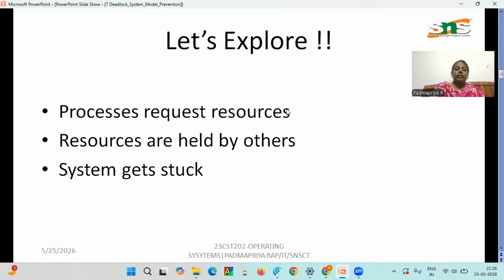So let's explore the concepts about process and resources. Process requests resources. Resources are held by others. System gets stuck. What we have taken from this is that a process can request some resources. If that particular resource is held by some other process, that process can't execute at that time. In that manner, the system gets stuck because the execution is stopped until that particular resource is assigned to